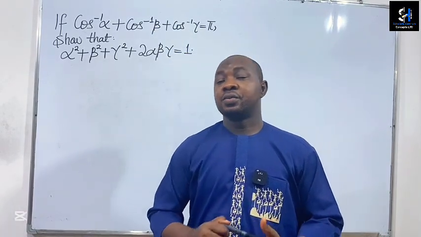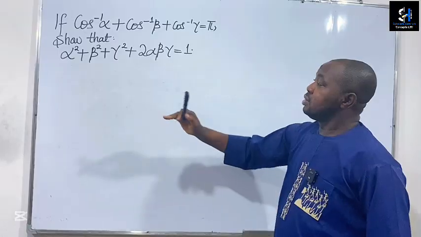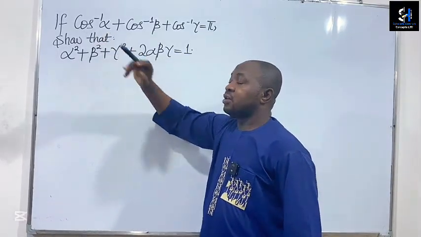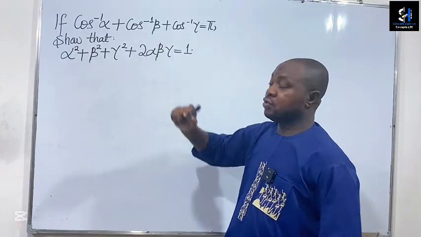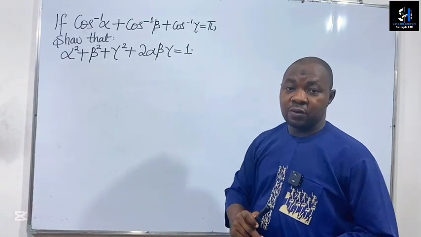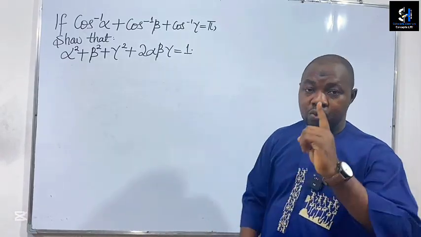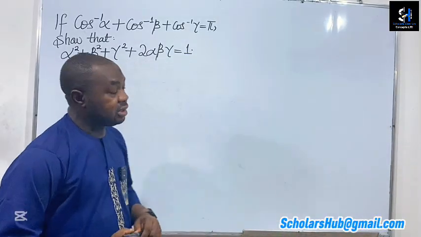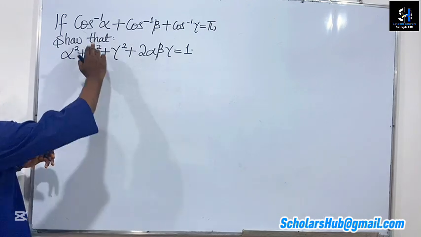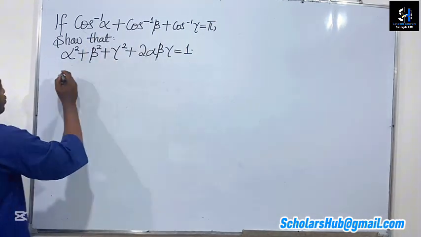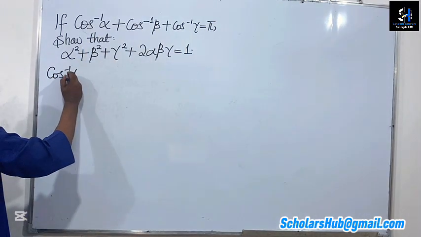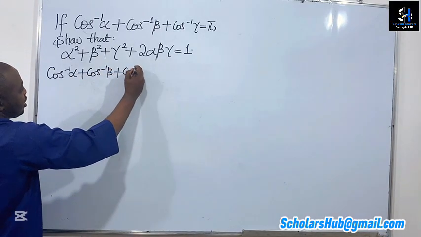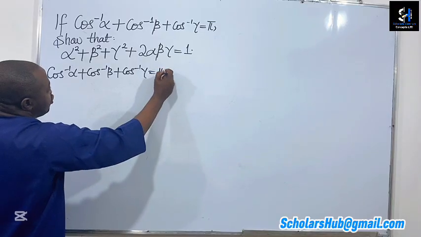Welcome to another video. Let's show that this expression is equal to 1 if inverse cos of alpha plus inverse cos of beta plus inverse cos of gamma is equal to 1 pi. And let's not forget that 1 pi is equal to 180 degrees. So now let me write this equation. Now we have inverse cos of alpha plus inverse cos of beta plus inverse cos of gamma equals 1